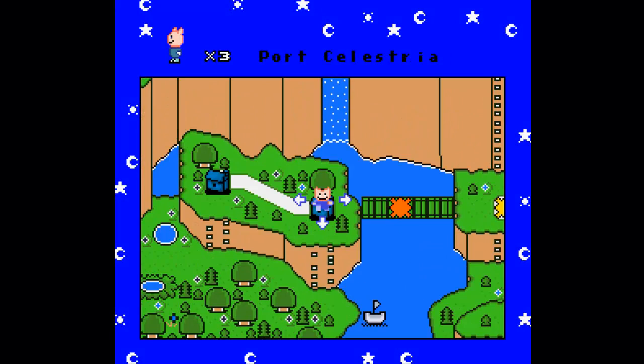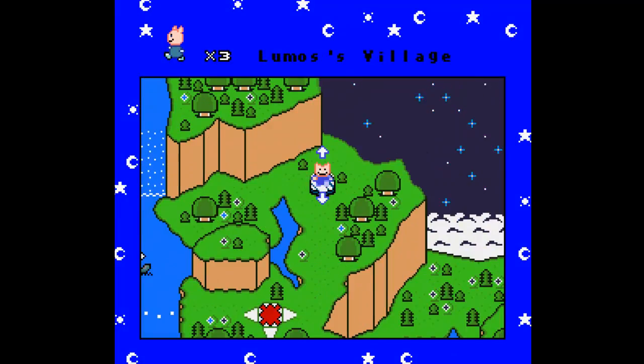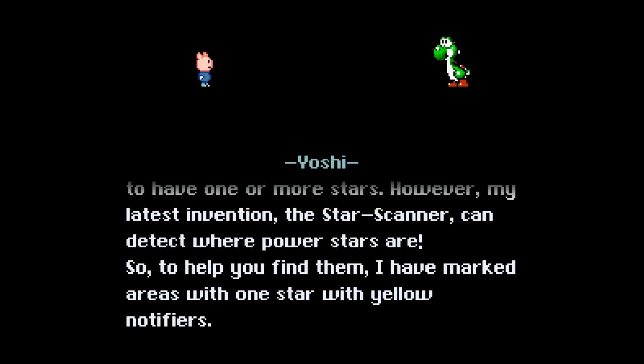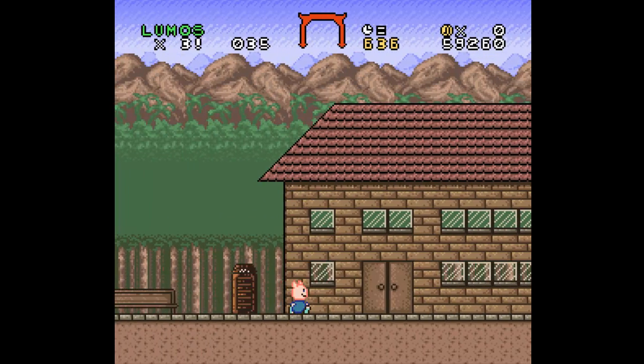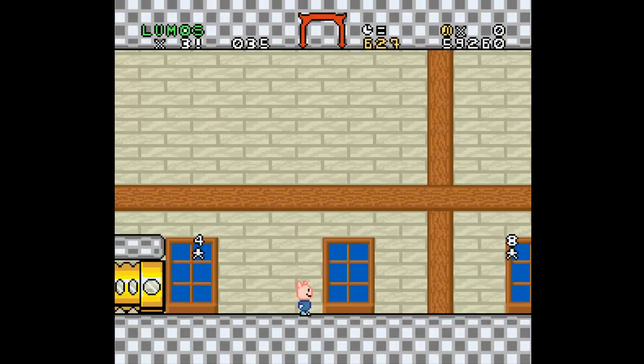Now I suppose there's things in Lumos' village that could be checked. Because, well, I have 35 of the... Okay, I did this already. There's things... Okay, 4 stars you go in the pipe. I have 35, so it should be fine. This has